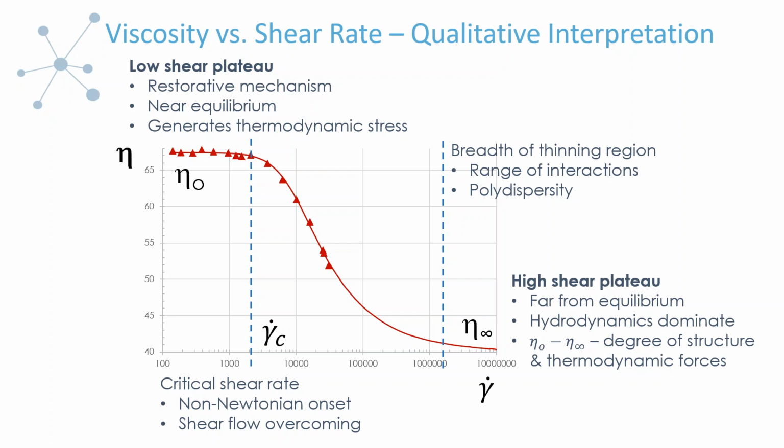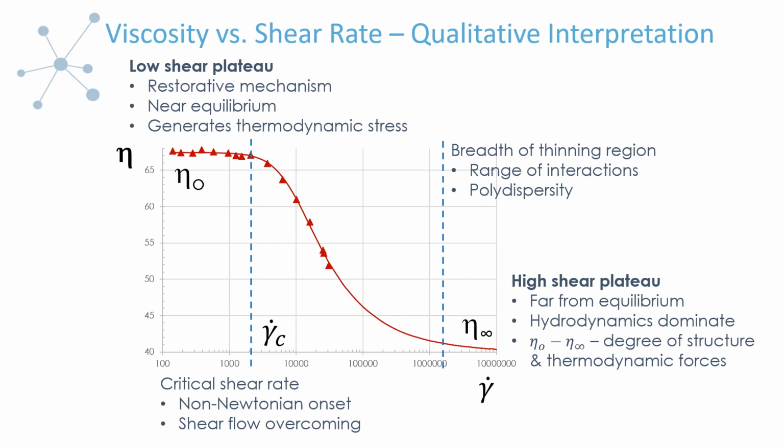So one of these restorative mechanisms, and we've talked about this in some other webinars, is Brownian motion. You'll see Brownian motion is important in proteins, macromolecules, colloidal particles, any objects in a length scale range from about 1 nanometer to 1 micron. Brownian motion will be relevant, and up to a particular shear rate, it can act to resist this deviation from the equilibrium state. But then at some point, the shear flow overpowers this mechanism, and we see the shear thinning.